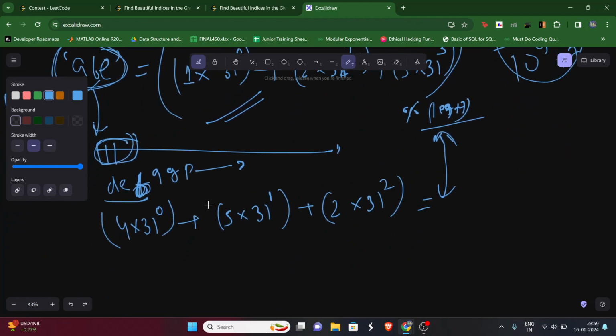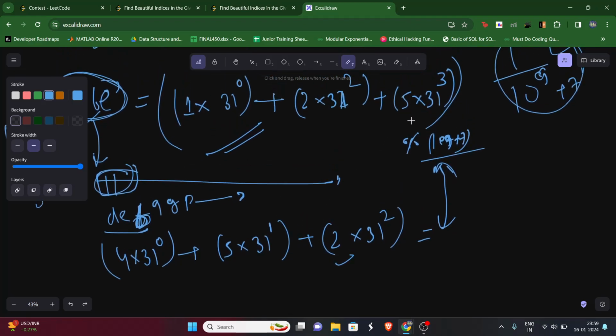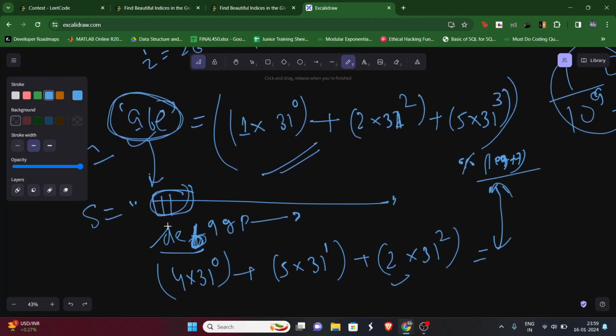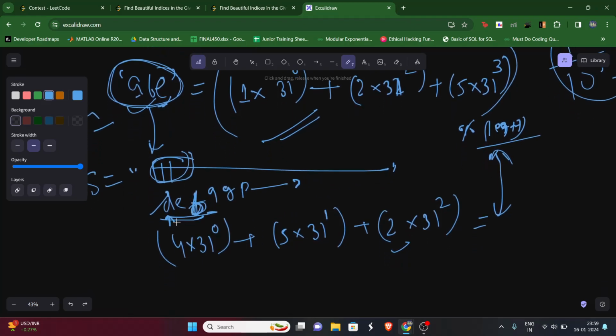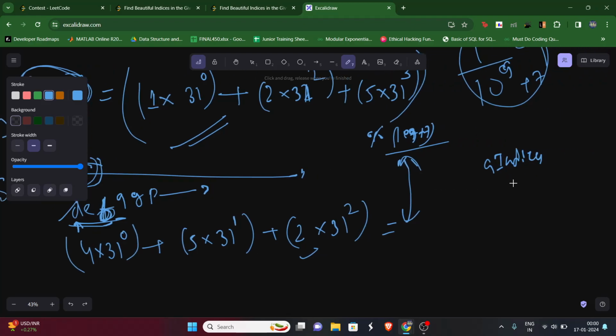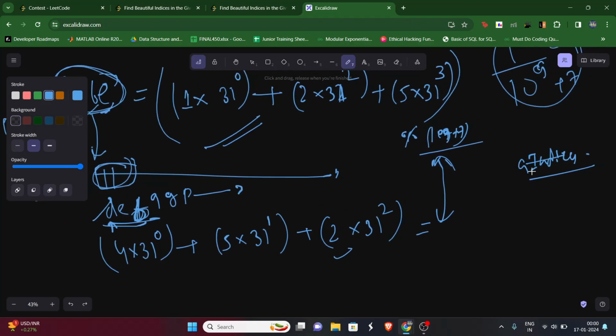Okay, so we calculated the hash of these three characters. We see if they are equal to the hash produced by this pattern, which means we have found one index, and at that index, if we take a substring of the size of the pattern, then it will be equal to the pattern. Okay, so if that is equal, then it's well and good. We can simply push that into whatever vector we want. So let's say if we're checking for A, we can simply put it in A dot indices. Or if it's a separate function, we can simply push into some vector V,